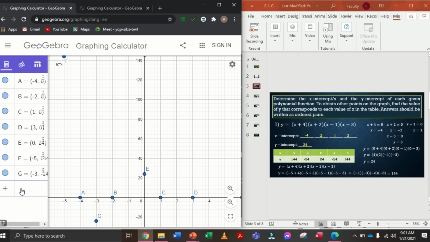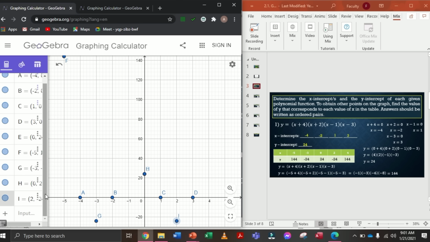And 0, 24. Okay. Ayan siya. 2, okay, 2, negative 24. Okay, ito. And the last one is 4, 144. Okay, yun nandun class. So, kapag titingnan natin class, yung graph natin, bago ko ilagay yung graph,